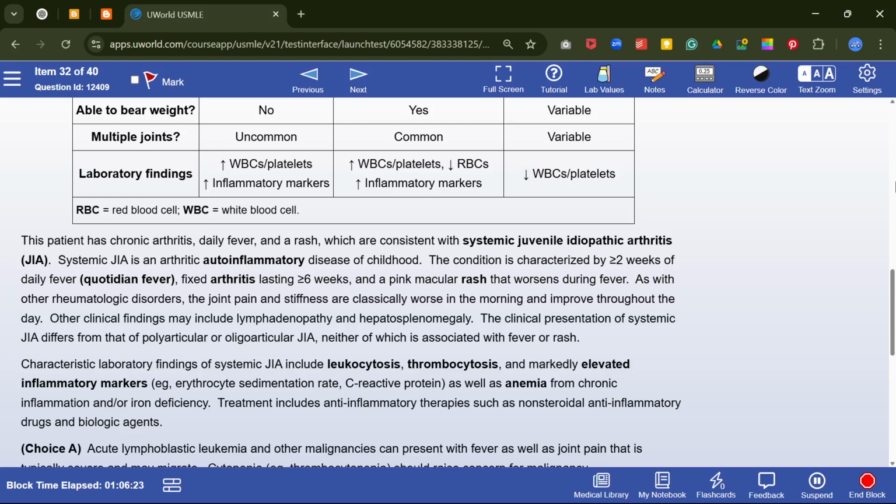As with other rheumatological disorders, the joint pain and stiffness are classically worse in the morning and improve throughout the day. Other clinical findings include lymphadenopathy and hepatosplenomegaly. The classic presentation,